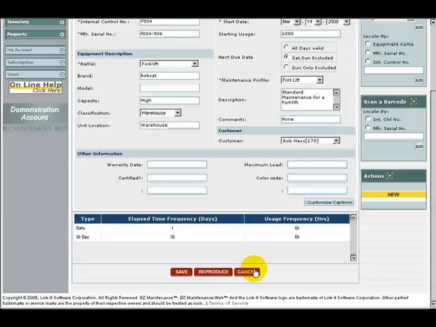The Reproduce button will save the piece of equipment which you've entered and open up a new window where you can create another piece of equipment which has all the same properties and information as the one you just saved. However, you must input a new unique internal control number and another manufacturer serial number for this new piece of